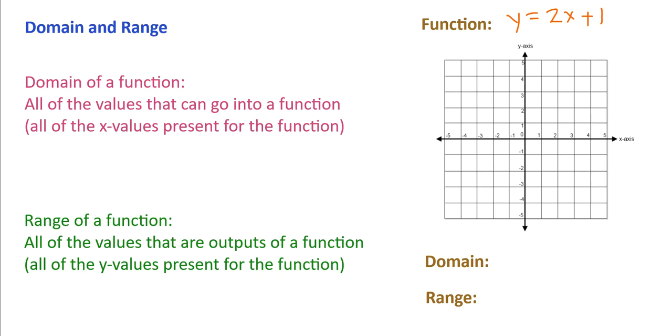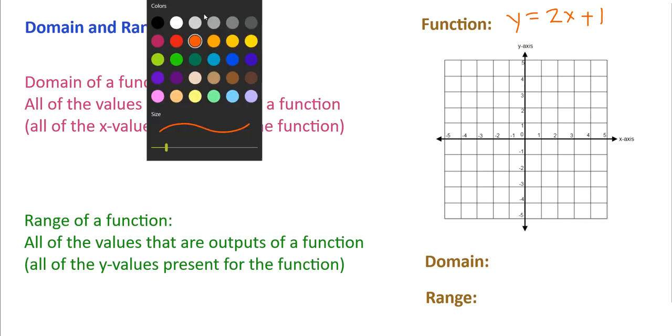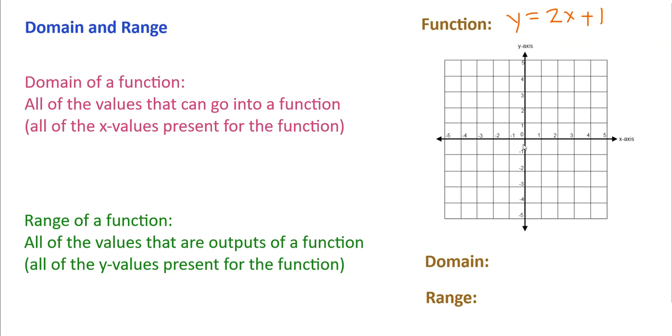Okay, for our first example, we're going to be looking at a line, or a linear function. This one is y equals 2x plus 1, and I am going to graph that. I'm not going to focus a lot today on how to graph these functions, but I am going to go ahead and graph it. For this one, I've got a y-intercept of 1 and a slope of 2,